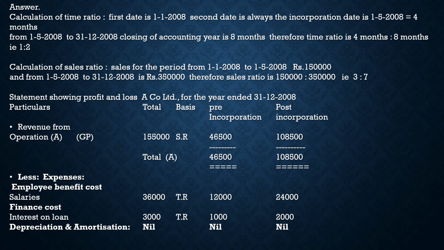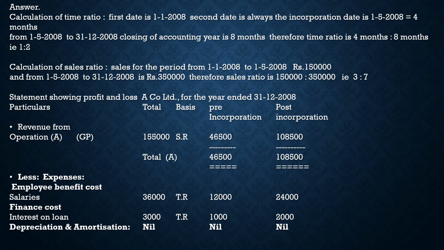Gross profit always, we want to redo the P&L in the vertical form. I told you, no more will you be doing your P&L in the ledger form. Hereafter, in this semester as well as the next semester, whenever you do P&L, you will do it in the vertical form, not in the ledger form. Now, revenue from operations is nothing but the gross profit, you will write it there. The gross profit is given as 1,55,000.